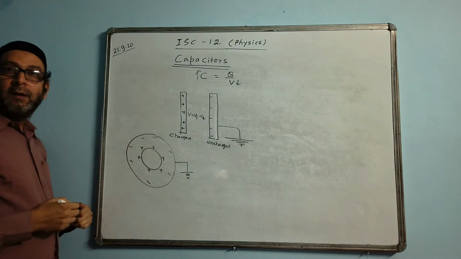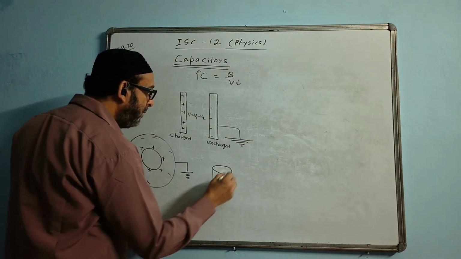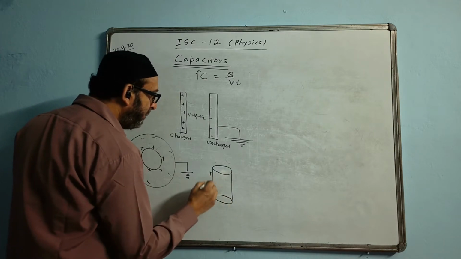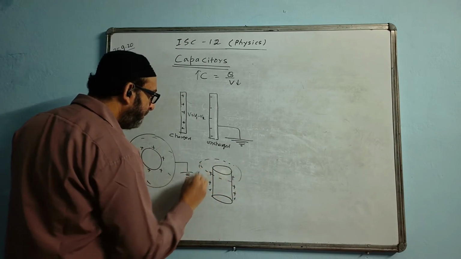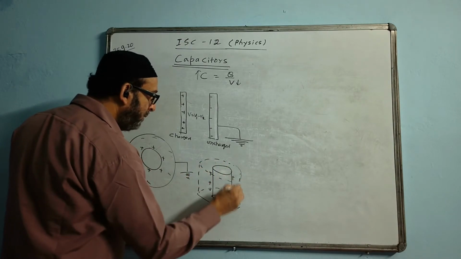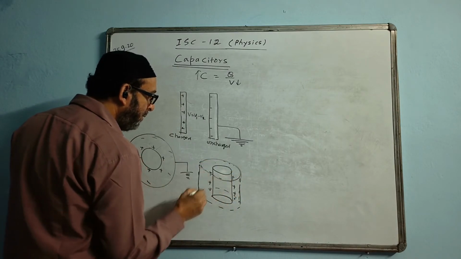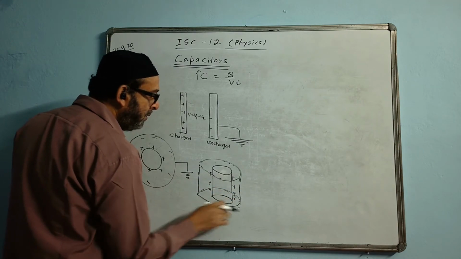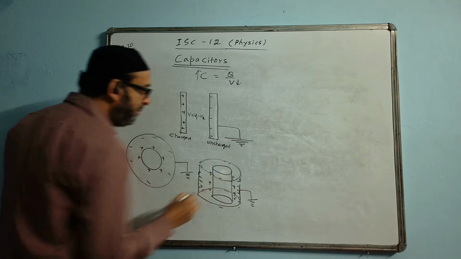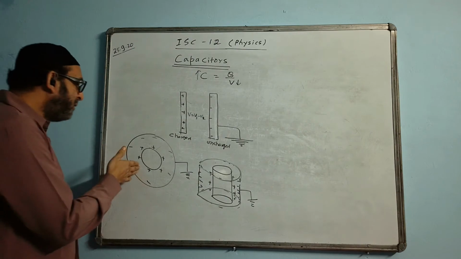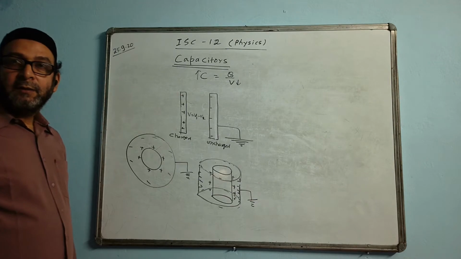This is the idea. We can go for a cylindrical capacitor. A cylindrical capacitor will be like this. One cylinder, a charged one, we take, and then it is enclosed by another cylinder, with the outer portion earthed. This will have negative charge here. This is called a cylindrical capacitor. This is called a spherical capacitor. This is called a parallel plate capacitor.